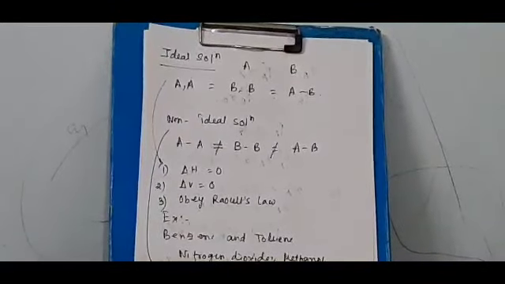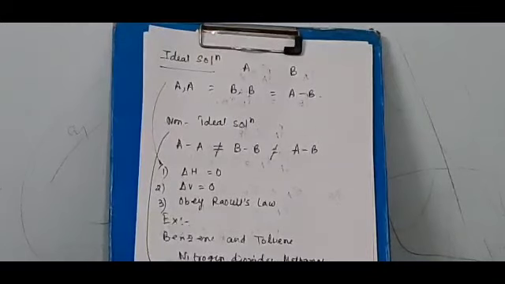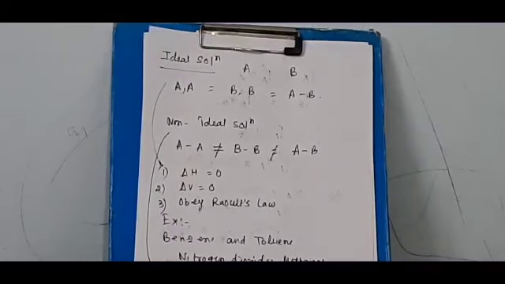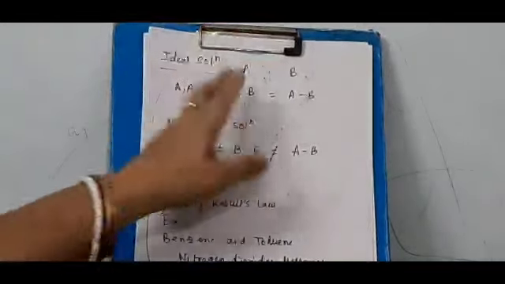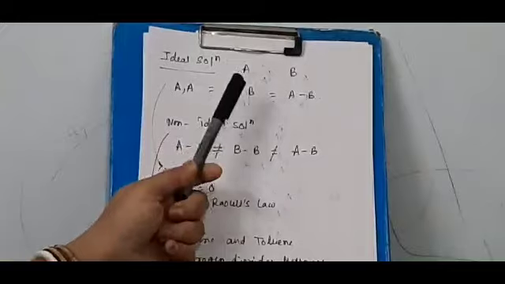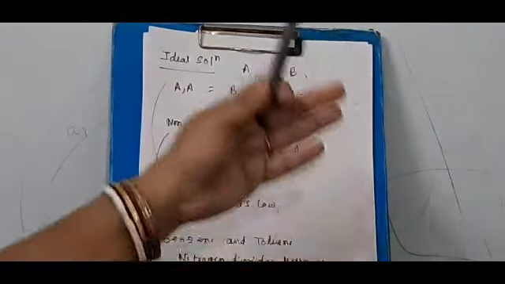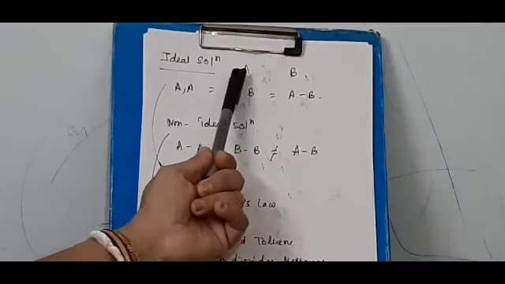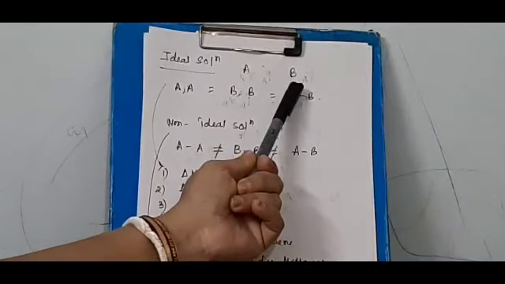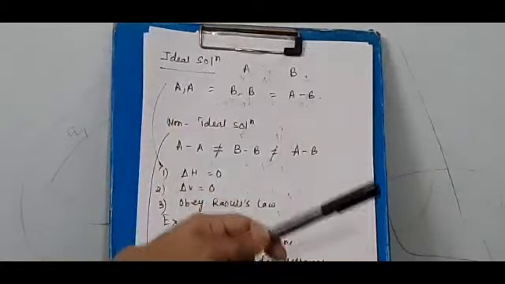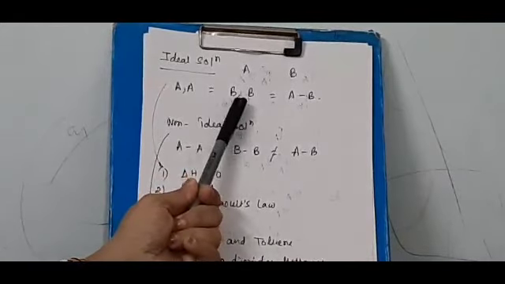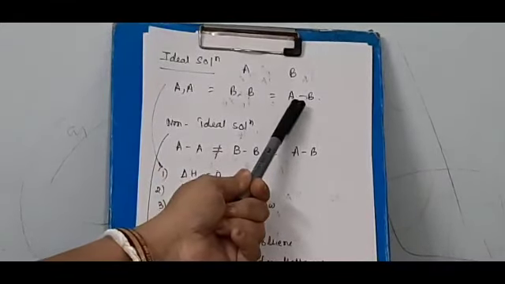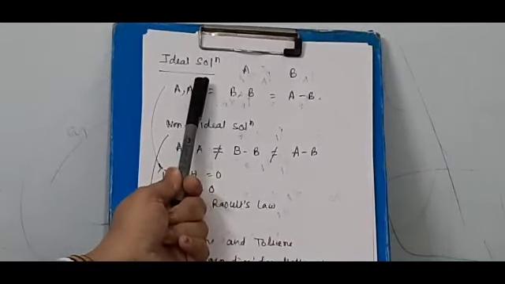Again, according to Raoult's law, we can classify solutions as ideal solutions and non-ideal solutions. Now, what is an ideal solution? An ideal solution is one which obeys Raoult's law. Simply, here we are taking two substances A and B. We know that before mixing, all the A molecules have attraction among themselves and all the B molecules have attraction among themselves. Whenever we mix them, if the attraction between AA molecules is equal to the attraction between BB molecules, and also equal to the attraction between AB molecules, that is an ideal solution.